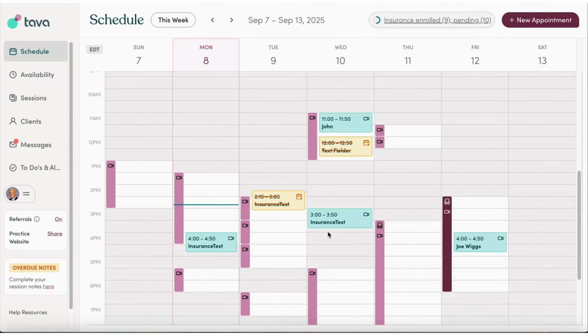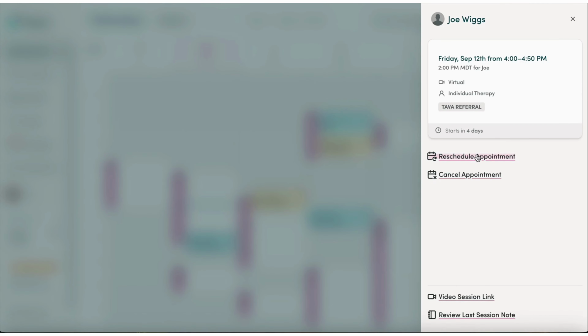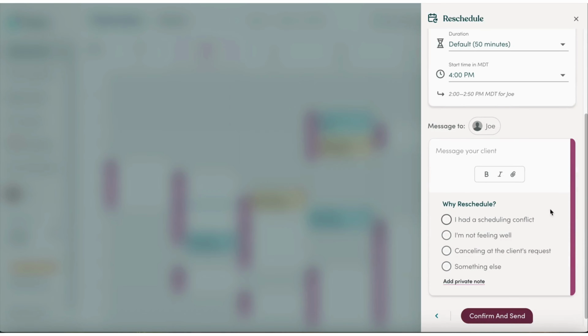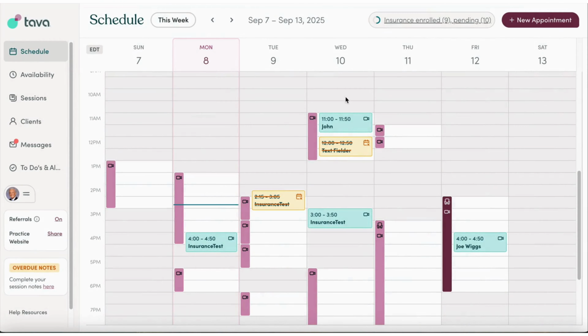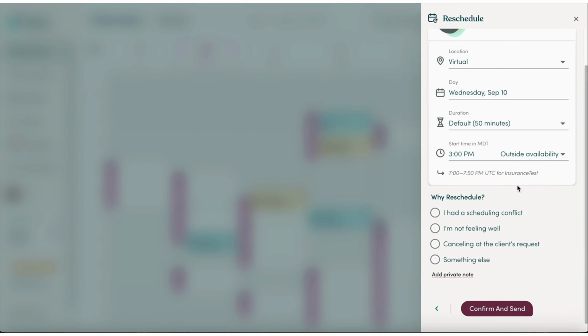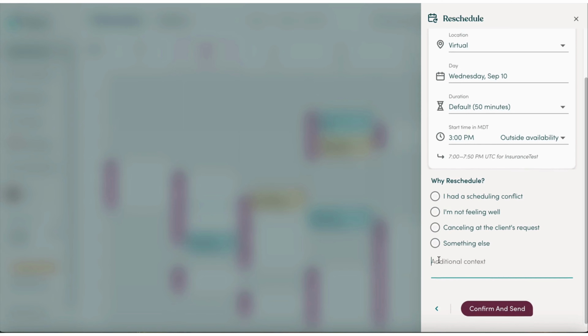However, if I want to change the session for the limited access client, whether that's canceling or reschedule, normally what I would be doing is I would need to send a message to the client. So here's a Tava referral that I have on my calendar and I need to reschedule. I would be sending a message to that client to let them know why I'm having to reschedule. Because these clients don't have messaging, they don't have a Tava account, when you are rescheduling or canceling, there's no message to send them. You can add a private note, so if you want to add additional context for your own record of why you had to change that session,